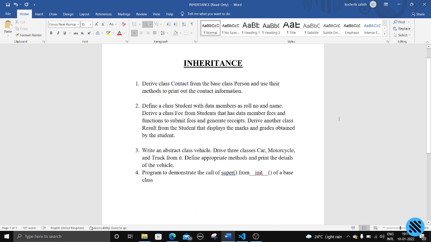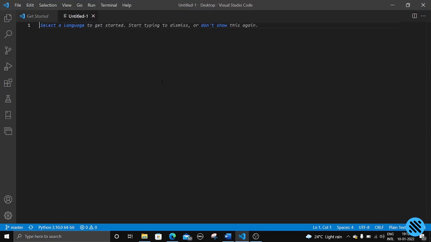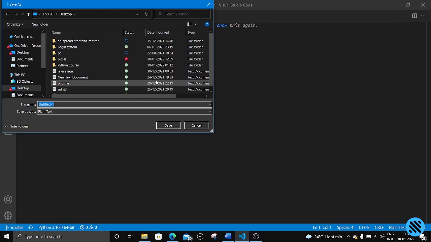Okay. So what we're going to do is there is a parent class Person, and we need to derive a Contact class from the class Person. And we need to print out the contact information. So let us just open Python code, and let us write here inheritance first.py,